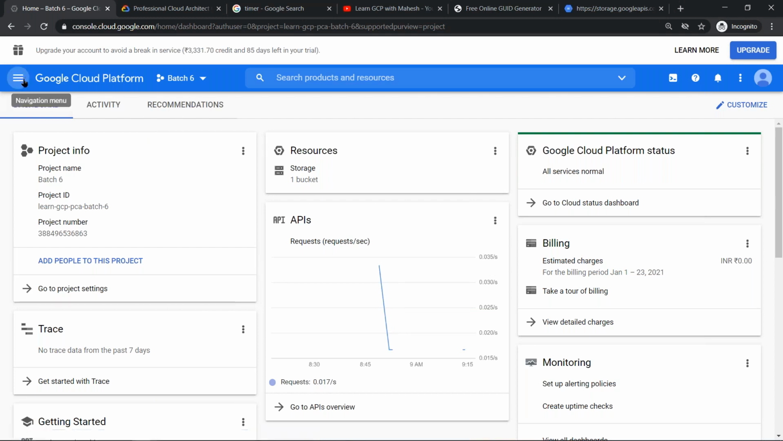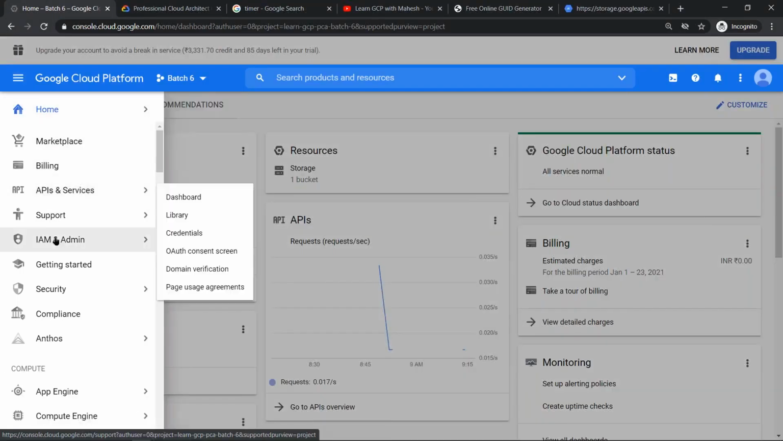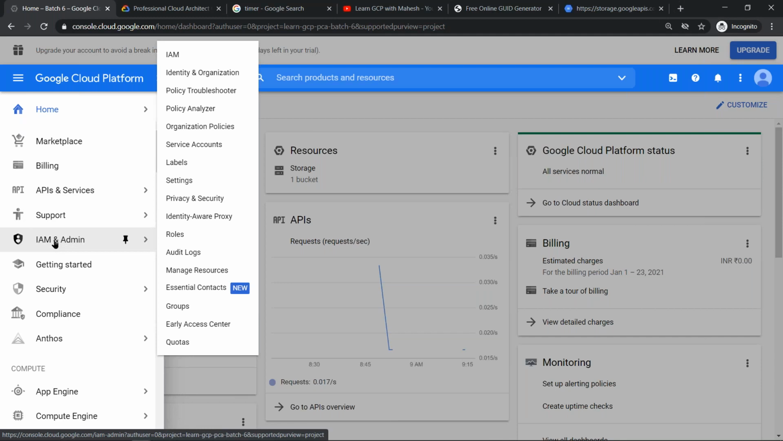Now before I go and create a VM, I wanted to show you some important things. So this is like a teaser to the next module. Click on the hamburger menu and go into IAM, Identity and Access Management, which we are going to spend a good amount of time on in the second half of today's class. If I go to my IAM,